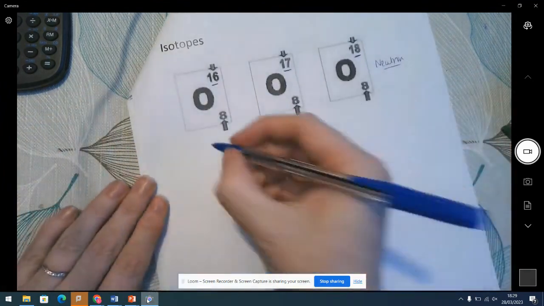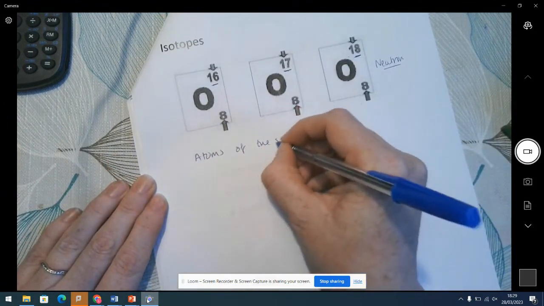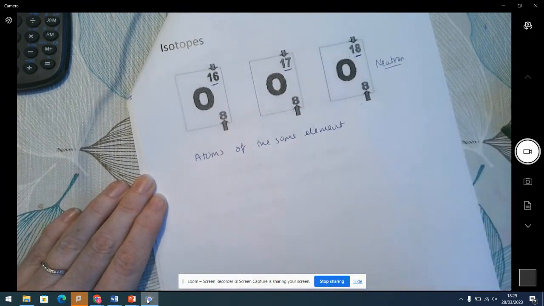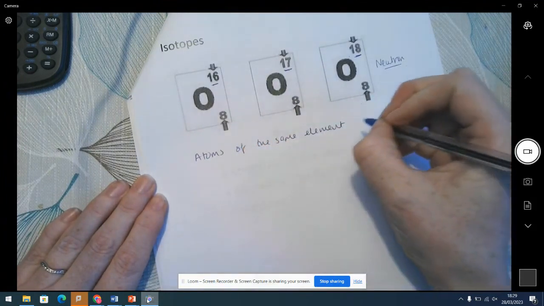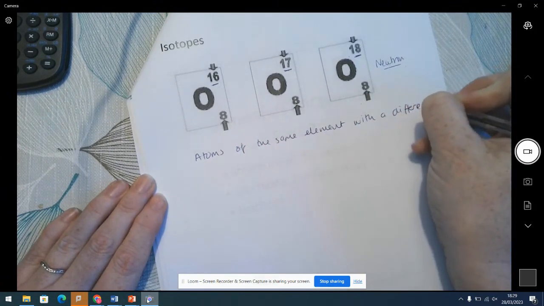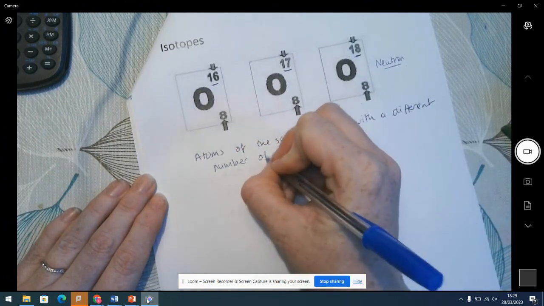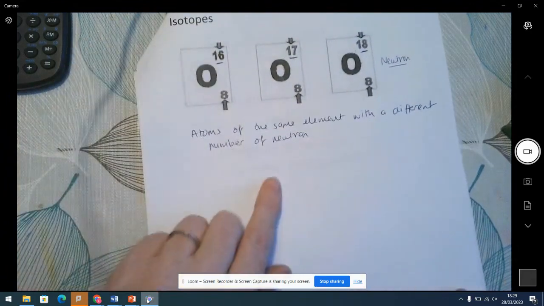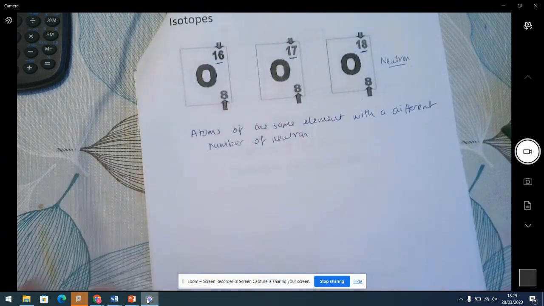So isotopes essentially are atoms of the same element, just like the Coca-Cola in the shopping market. Atoms of the same element with a different number of neutrons. You are expected to be able to notice that. I've seen questions asking you to define it. So know it's about the fact that they're the same element, but they've just got different numbers of neutrons, and that gives them slightly different